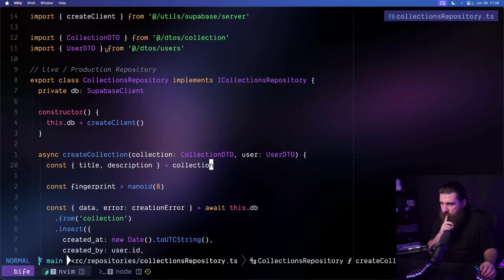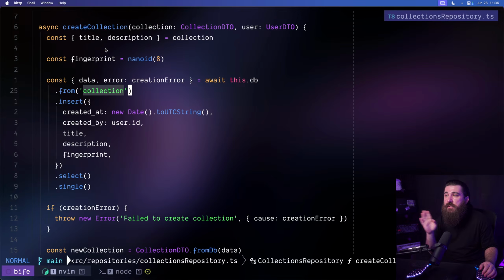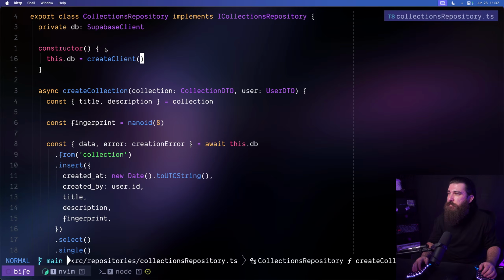Okay, so now we have a way to create a repository and it knows how to create a collection. It's going to accept the DTO. It's going to accept the collection and the user. And it's just going to create it. That's it. Right? No matter how we obtain the data, are we obtaining it using